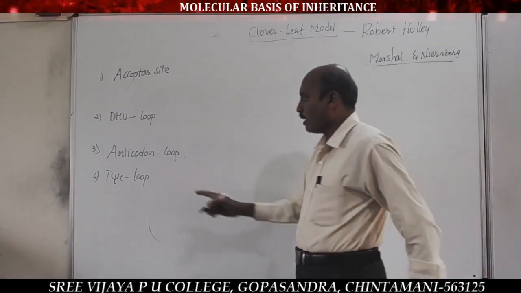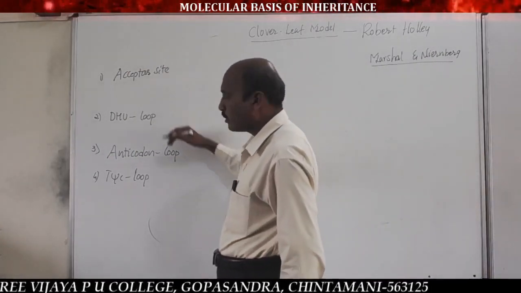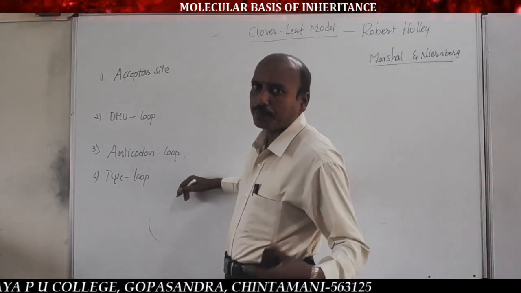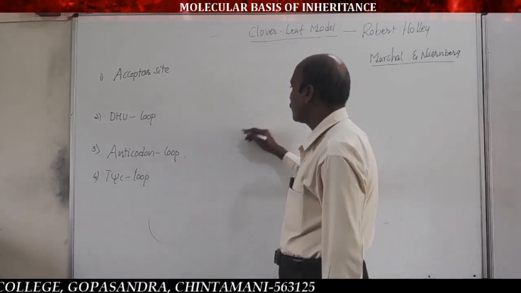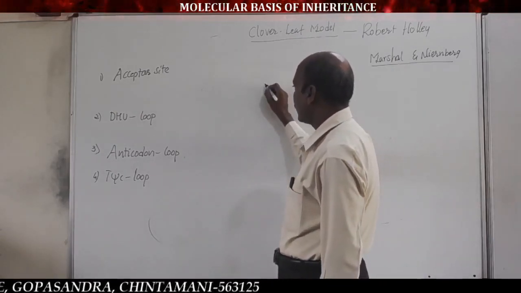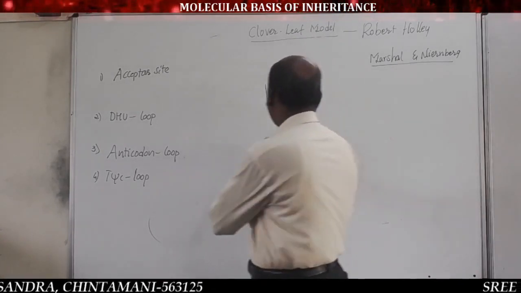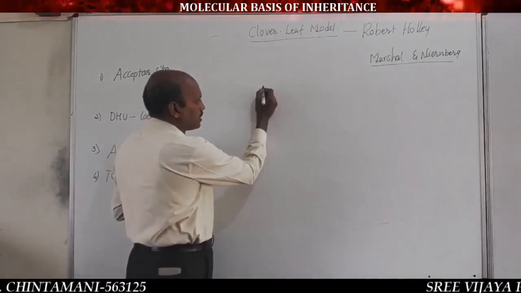These are the 4 distinct parts of the clover leaf model of tRNA according to Robert Holley. So, the simple diagram of the clover leaf model of tRNA is